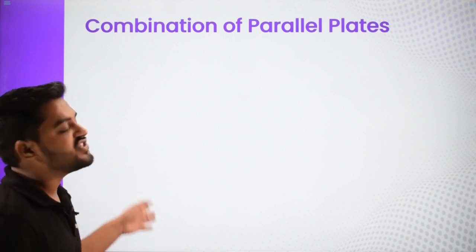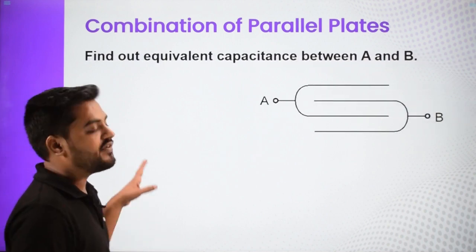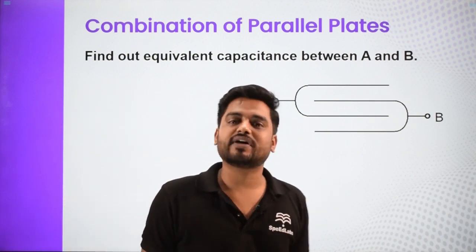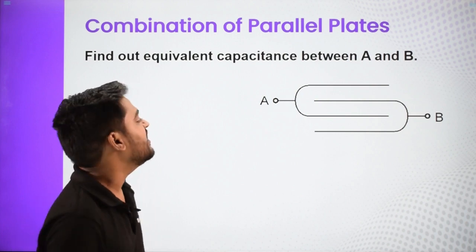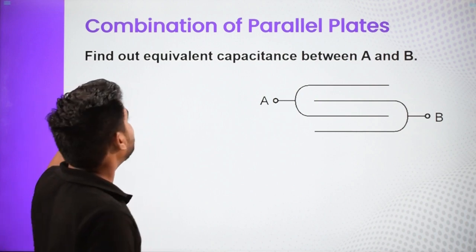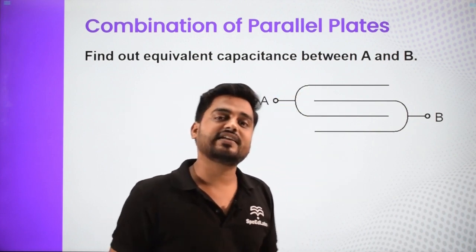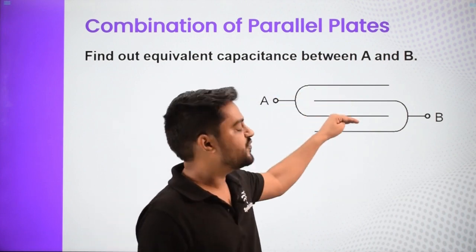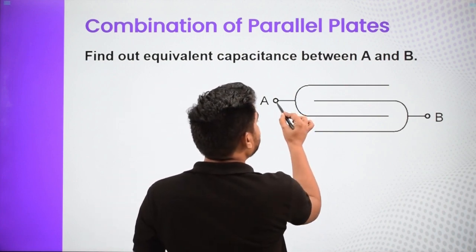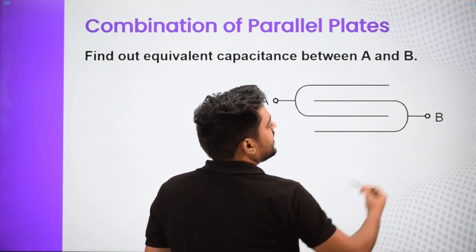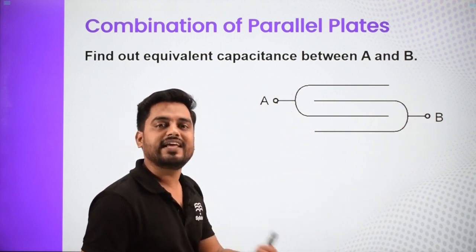Now, combination of the parallel plates. Here we are directly doing this from an example. We have parallel plates kept in front of each other, and they are asking us to find the equivalent capacitance between these plates. What is equivalent capacitance? We have 4 plates over here, kept like this, and point A is connected to 2 of them, point B is connected to 2 of them. What you can do is simply rename them.